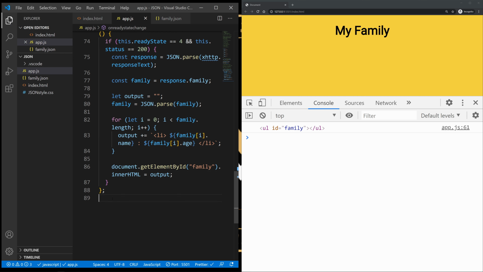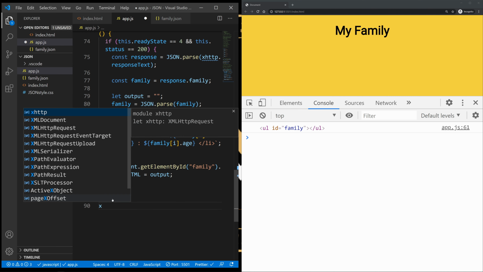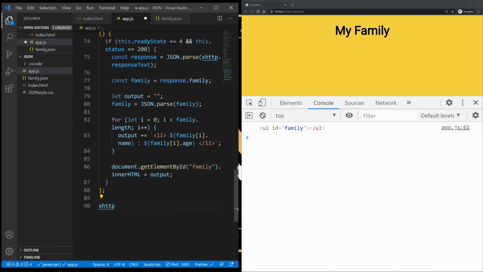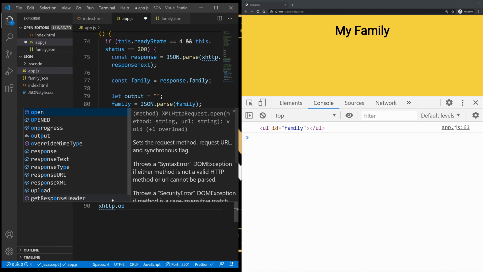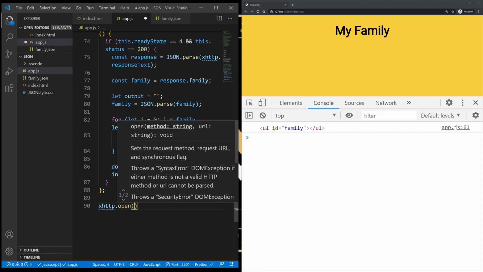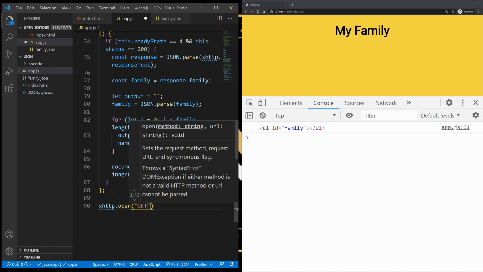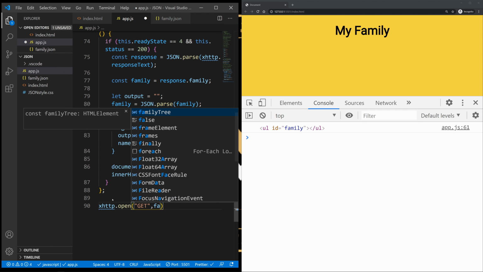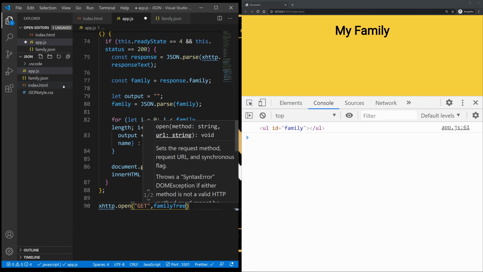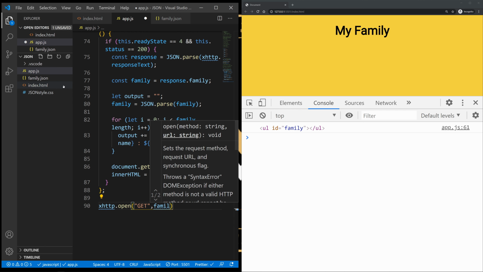Now all we need to do is tell it then that our variable xHTTP is onOpen, and we create a get request. So get to get the data from the family. So for this file, family, not tree,